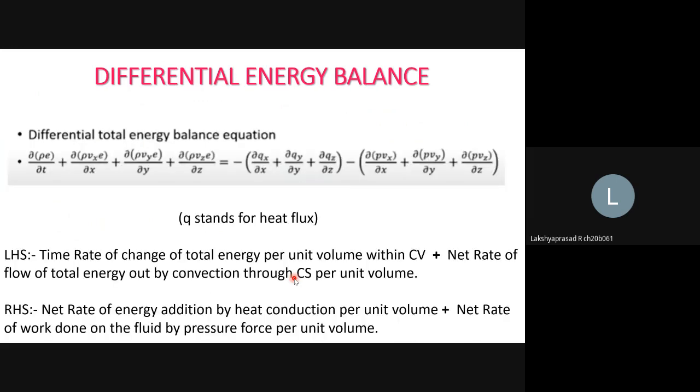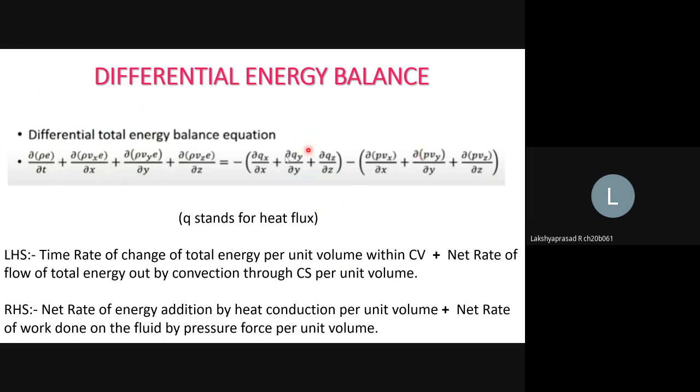And therefore, moving on, we can write down the differential energy balance now. We divided by the control volume, and obviously we shrunk it to a point. So the LHS is something very familiar to us, right? Dou by dou t of rho e, dou by dou x of rho Vx e, and so on. This is the transient term and the convection term. It's just that we have a small e instead of Vx or 1 over here.